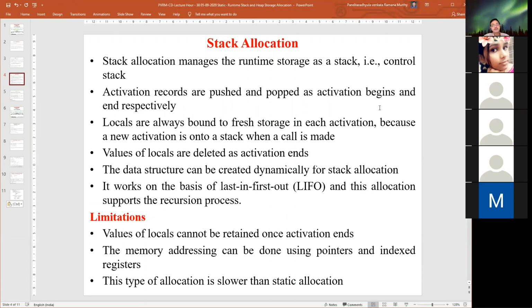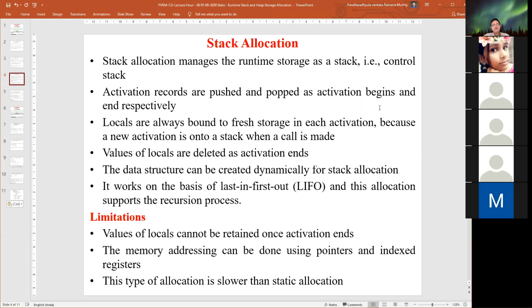Be careful, we need to identify the basic principle of the stack: it works on the basis of last in, first out. This allocation supports the recursion process, as many activation records as we can push onto the stack.